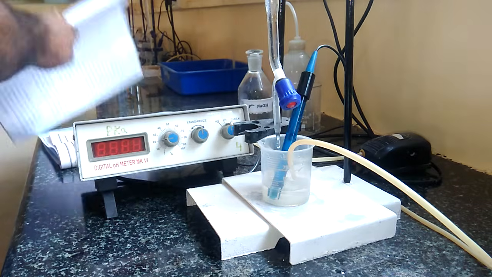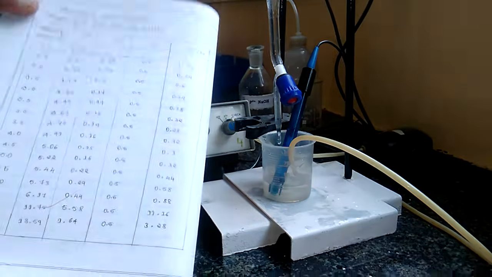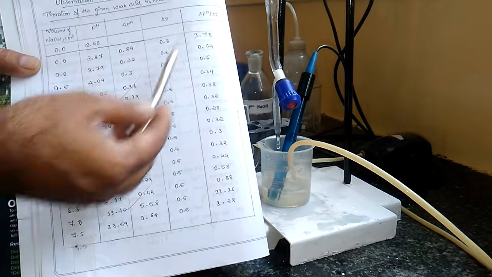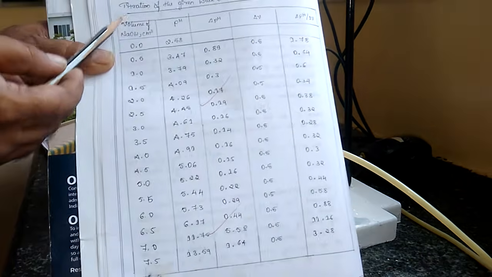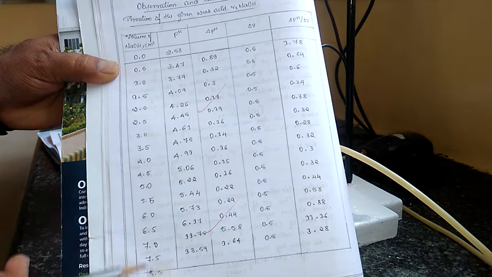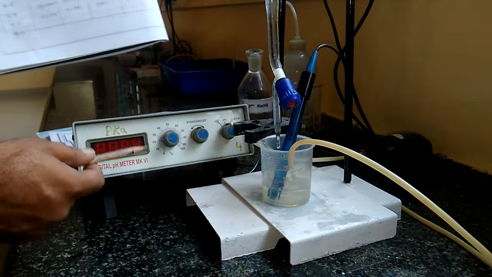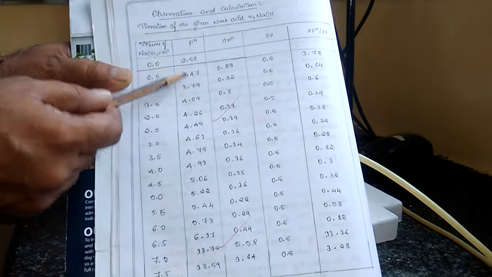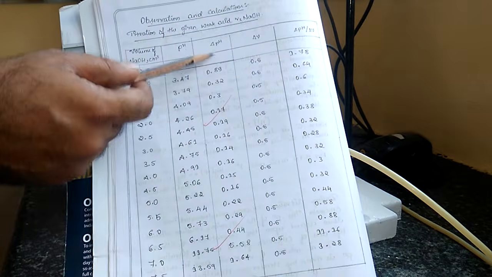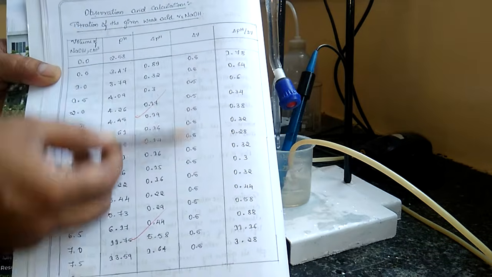I am going to show you the previous record here, where they have given the complete picture of these. This is the tabular column containing 5 columns. The first column has the volume of the NaOH in the increment of 0.5, from 0.5 to 10, then the pH value, whatever the instrument shows, we have to write down here. Then it is the delta pH. The fourth column is delta V. At the end, delta pH by delta V, the fifth column.